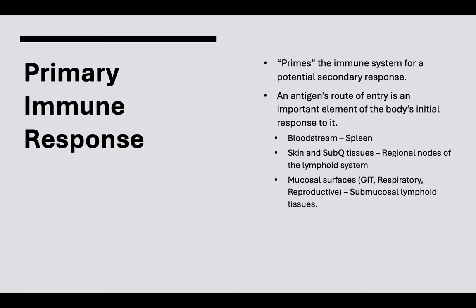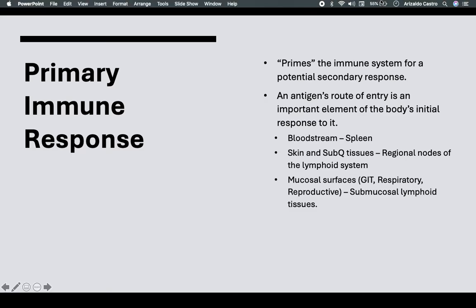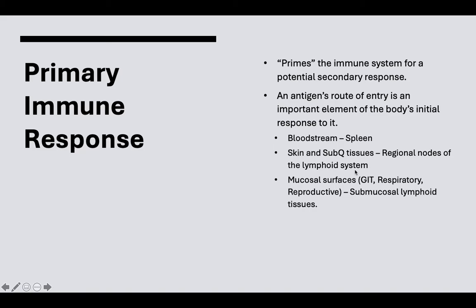How the initial response of the body will take place. If the antigen enters the bloodstream, the circulation, the initial response to it will happen mostly in the spleen. For those antigens or microbes that enter via the skin or the subcutaneous tissues, we expect that the initial immune response will be within the lymphatic system, lymph nodes, regional nodes, as well as the other